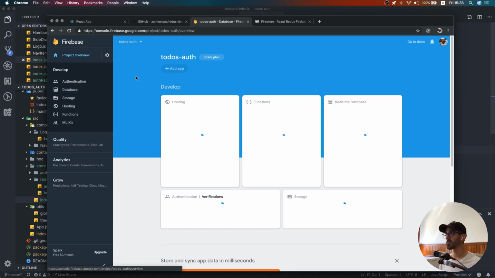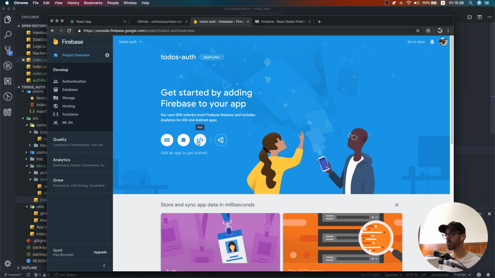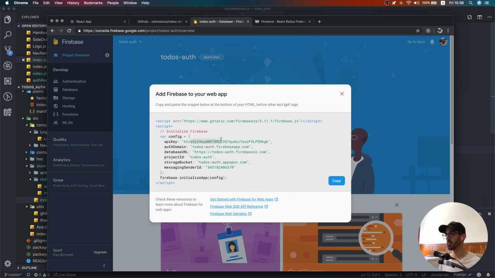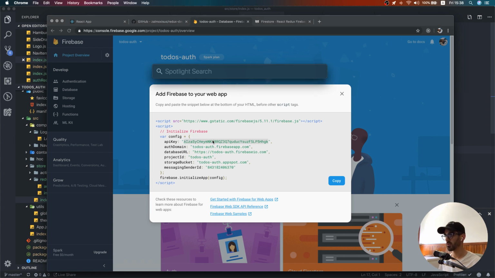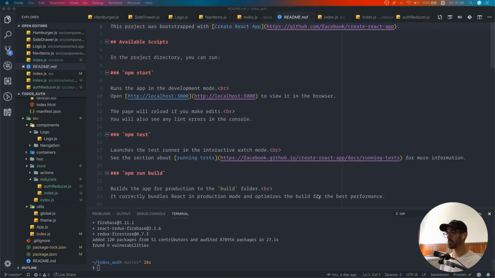So if you go to project overview here, you click on this, you will have this config object. Okay, so I don't recommend you expose your API key on your project, even though it doesn't matter here because you can't do anything with it. We'll configure our Firestore, so only each user can delete their own to-dos. But what we can do, if you don't want to expose it, we can copy it. So we can create a file on our root called